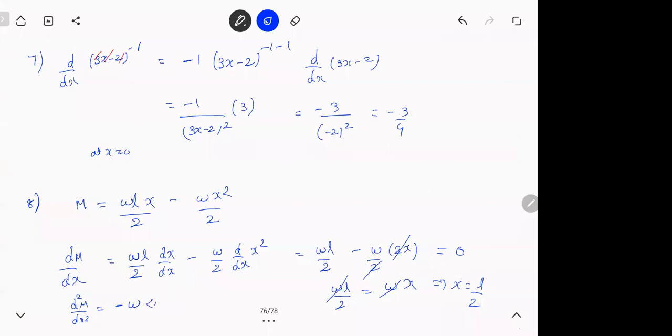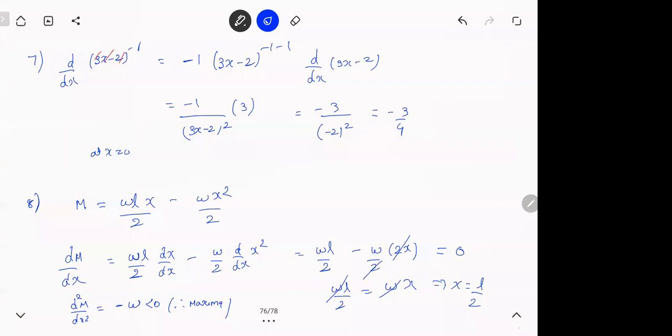So that's a maximum. He's asking you to find the maximum. But there's no need to check the second one. If you get only one value, and I'm asking for a maximum, it is supposed to be the maximum. Then the ninth one is just a statement. For minima, dy by dx should be 0 and the second derivative should be greater than 0. This is something which I taught you in the class.